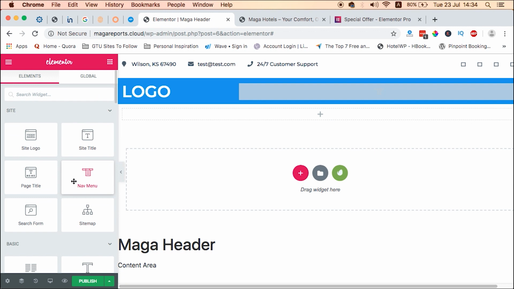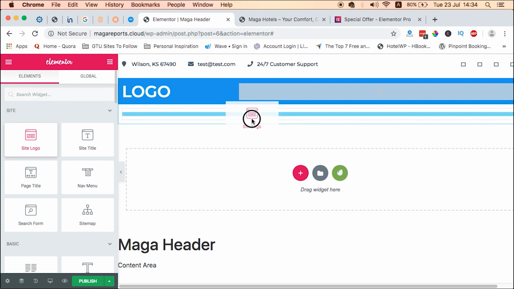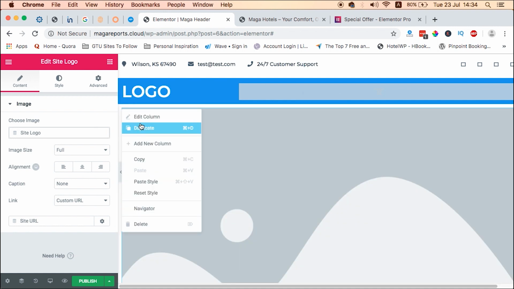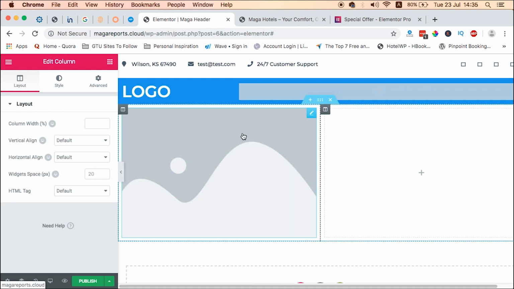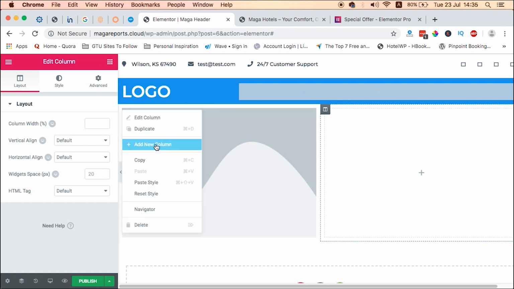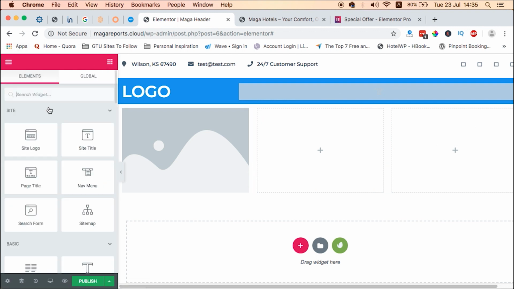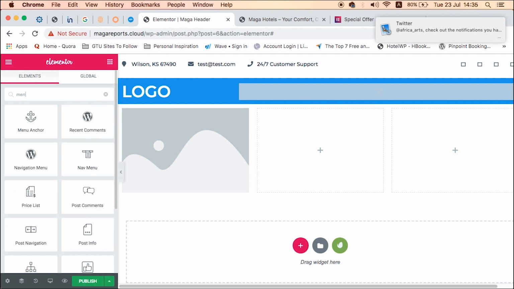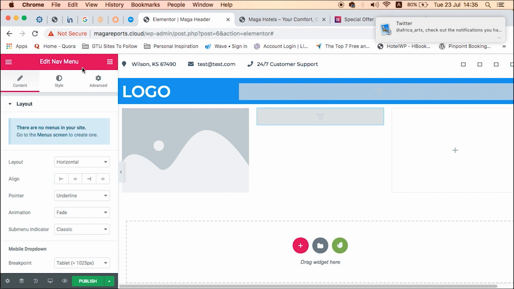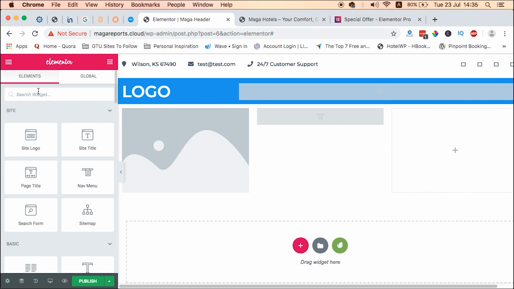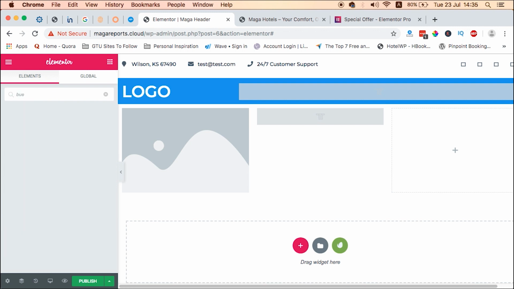And there are a lot of elements that you can try out from this element library. For example, I can decide to add a site logo within here, and then I can add as many columns that I want in this same section. For example, I may say my header will have 3 columns, and each column, I'll say this column is for the logo, this column is for the menu itself, and this column is for a button or a call to action. So I can just simply add any of those elements here. For example, the navigation menu, then I'll add another element that will belong to the button, which is the call to action,